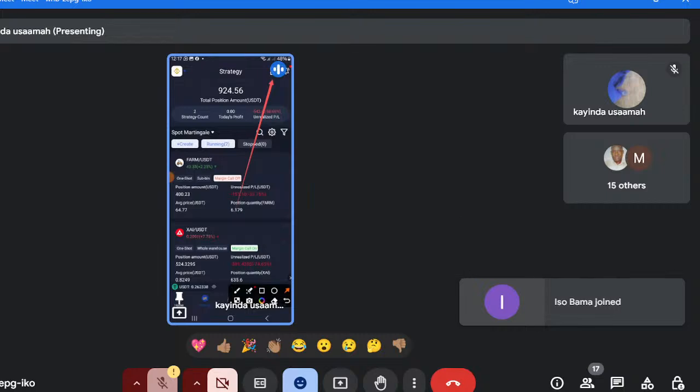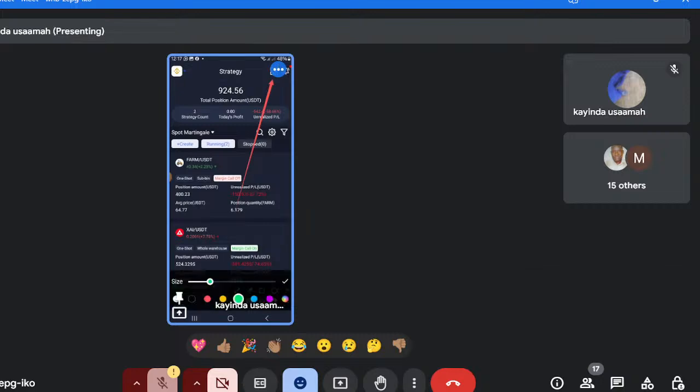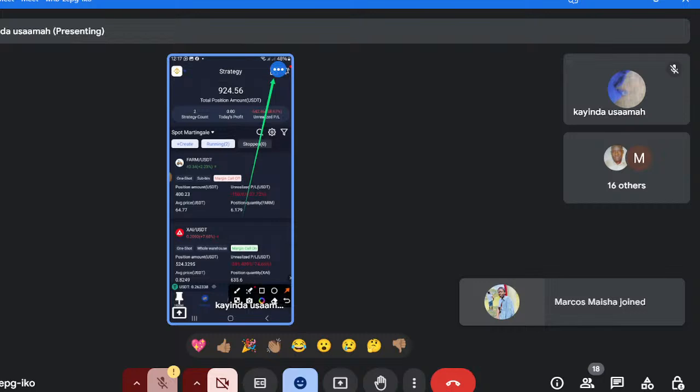Some of you don't have it yet, you are not using it yet, but I'm going to advise you. Is that red color visible? I think I should change the color. Some of you don't know how to use this box. When you tap that box, it is going to give you a chance to see